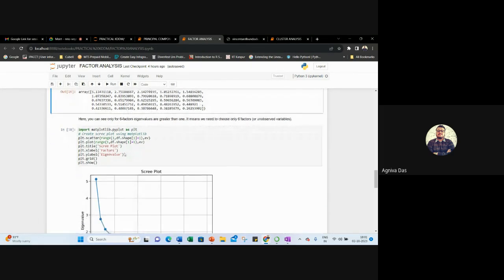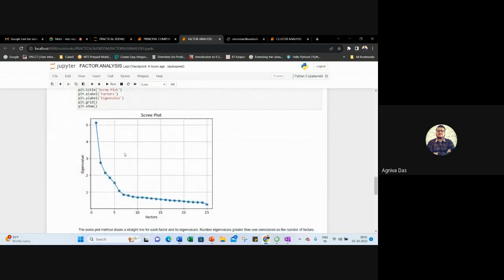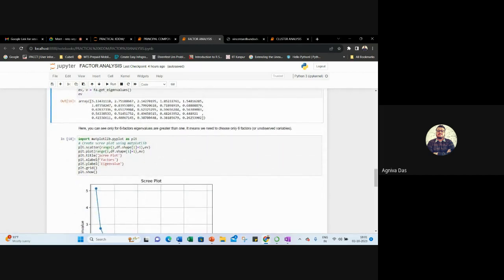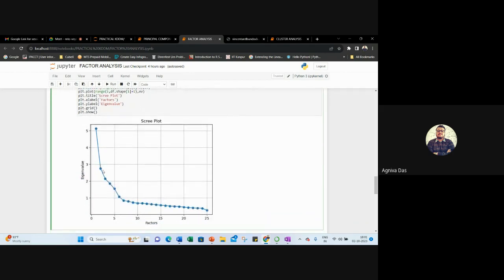All right. Now let us get into the scree plot. So this was the Kaiser criterion. Now that we have that, in here, we simply make a scree plot as we made in PCA, and look how it turned out. After almost 6 or 7,